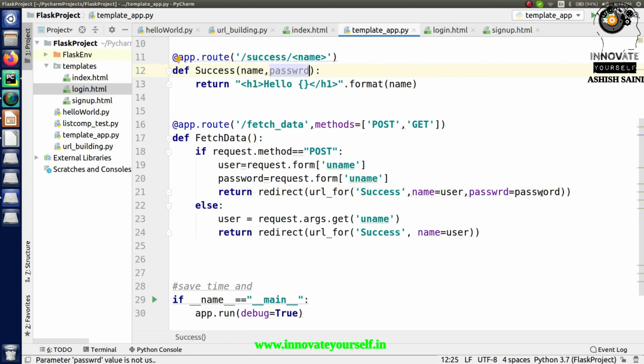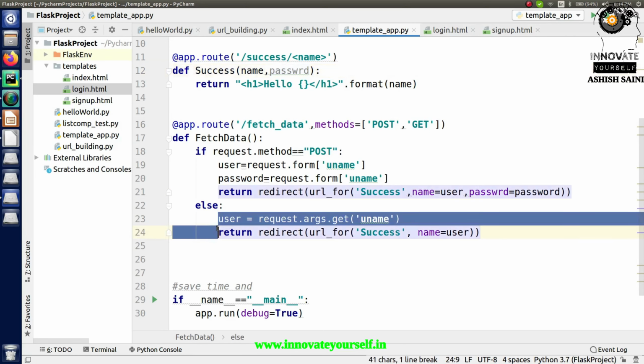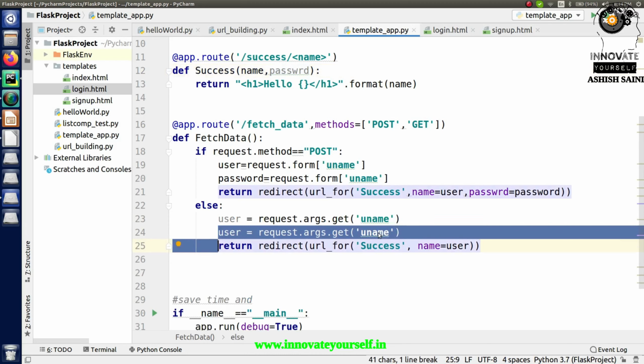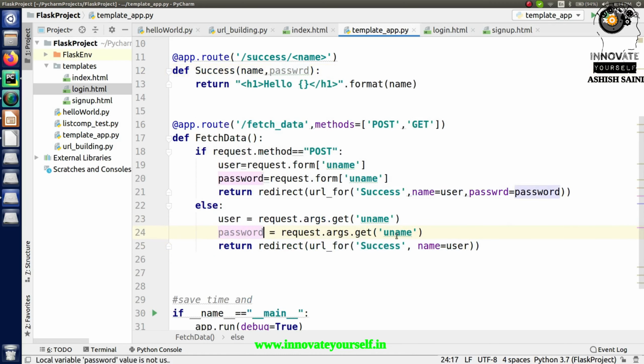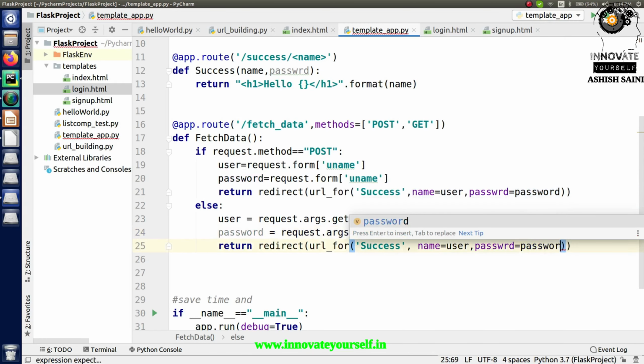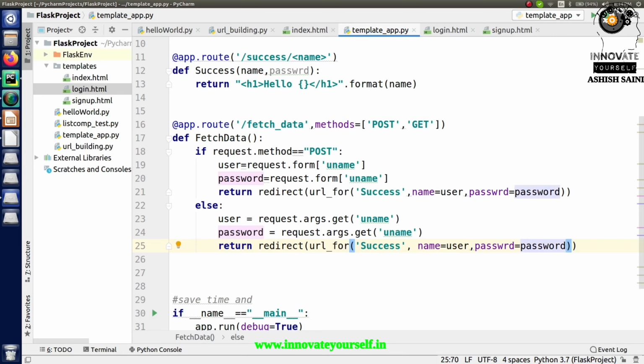So this will send you this part, and similarly do the same thing for this also. So in here just change it to password, give it a name, password equal to password, right? So this is what exactly we want to do, right? So this is all about that part, right?